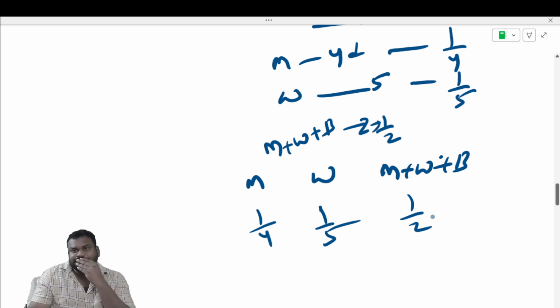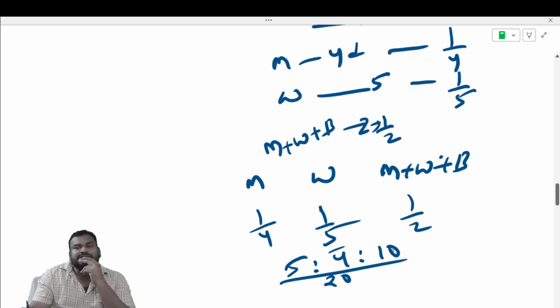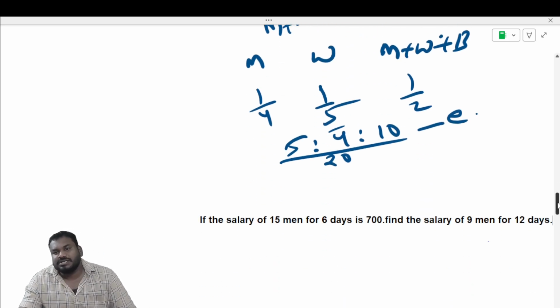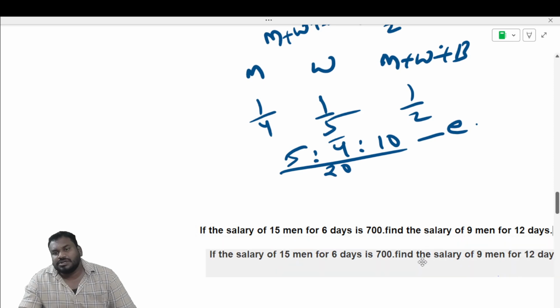These are the efficiencies. Take the LCM. Biggest number is 5. 5 into 1, 5 into 2 is 10, 5 into 4 is 20. So 20 is the LCM. So 5 is to 4 is to 10 is the capacities ratio, the efficiencies ratio. So with this efficiency,